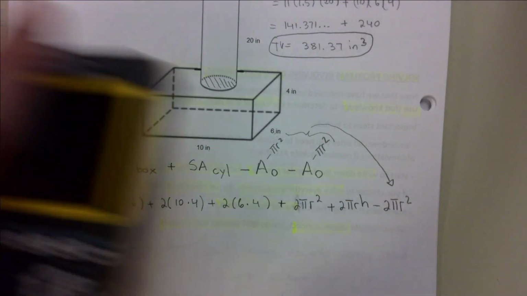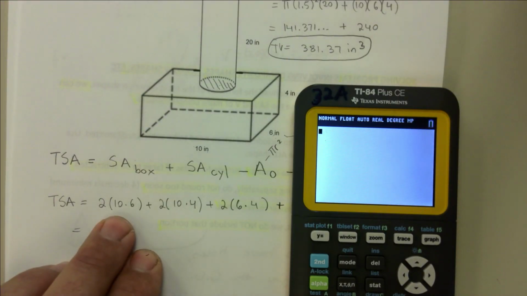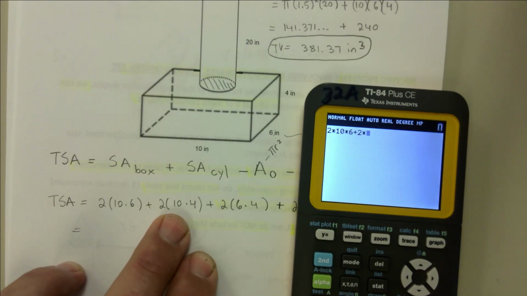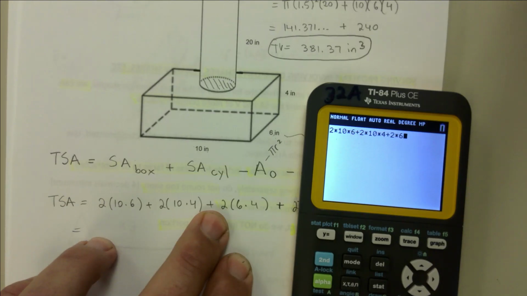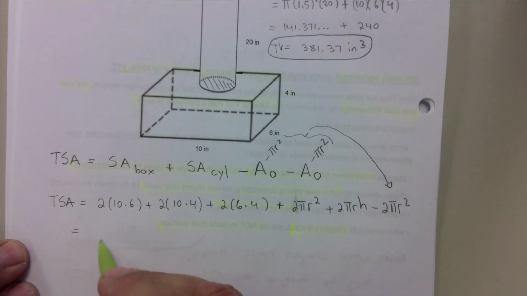You can actually do that all in one shot with your calculator here, or you do mental math, it's up to you. 2 times 10 times 6 plus 2 times 10 times 4 plus 2 times 6 times 4. You get 248 for the box. Okay. So this is 248